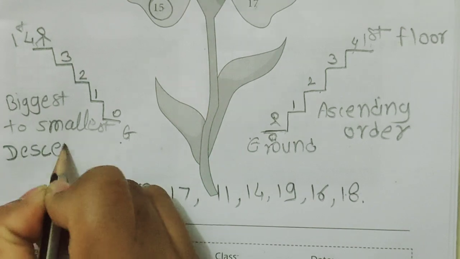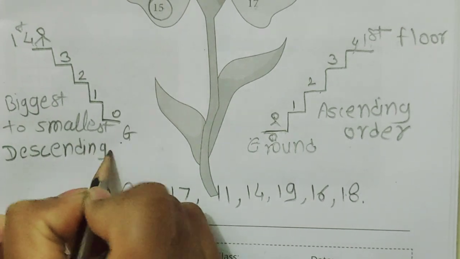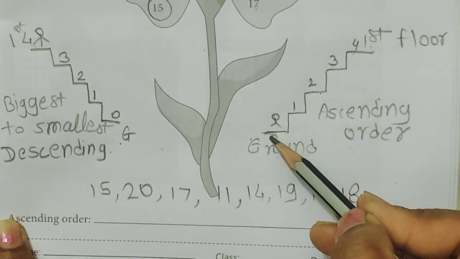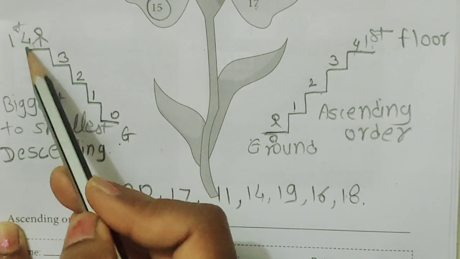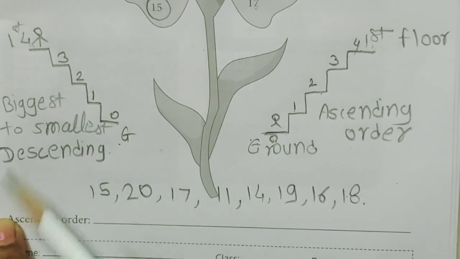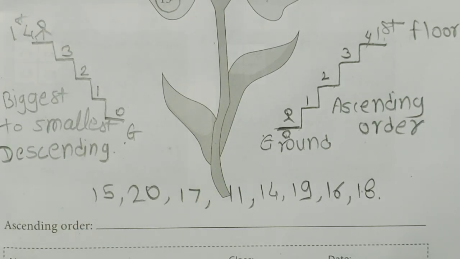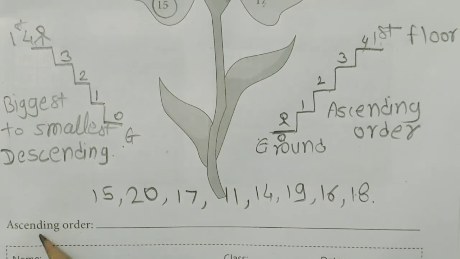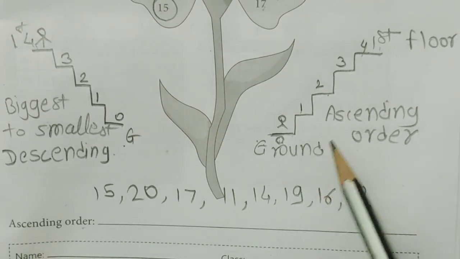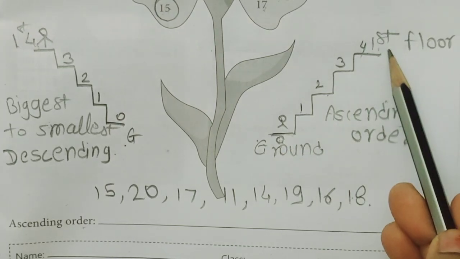In Marathi we say, चढता क्रम आणि उतरता क्रम. चढता means smaller to biggest number and उतरता means biggest to smallest; use your brain to give the logic. When ascending order is there, you start from 0 to 1, that means smallest number to the biggest number, and in descending order, from bigger to the smallest number. Now you have to write these numbers in ascending order, that means smallest to the biggest number.